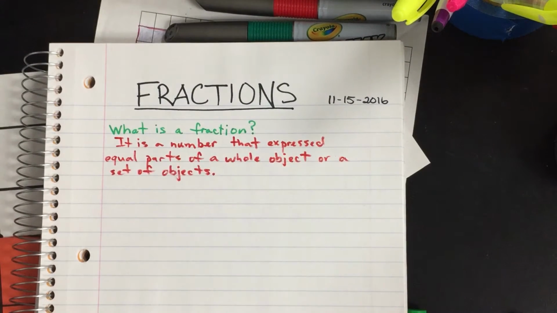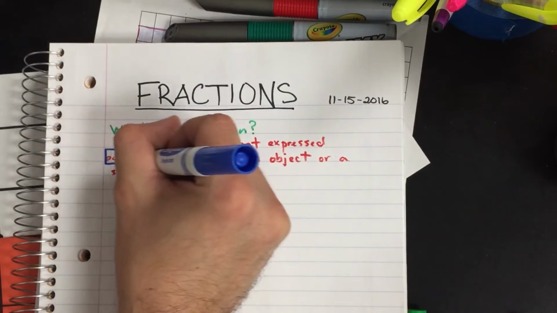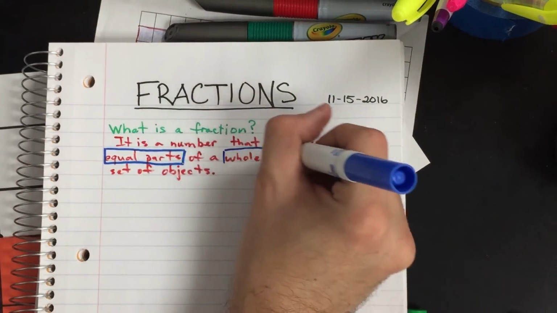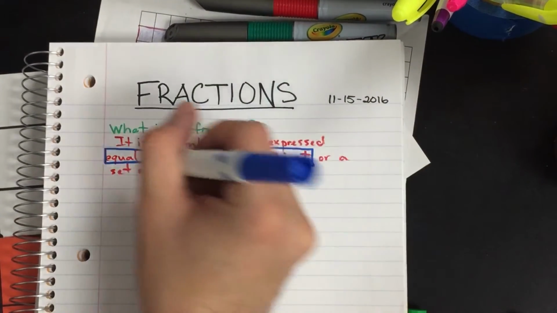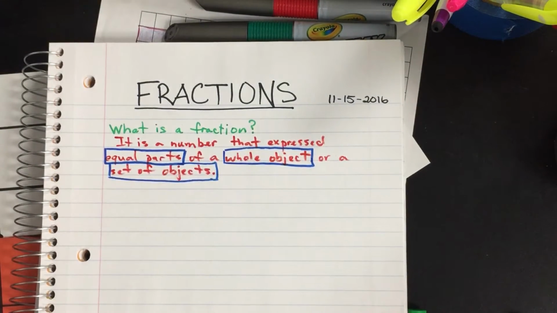So let's go ahead and put a rectangle over the important stuff within our answer. Equal parts, whole object, and set of objects. And so as a simple example, the good thing about fractions, guys, is that we can do a lot of pictorial models, right? So a simple one, for example, would be,